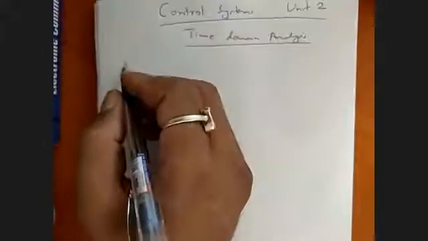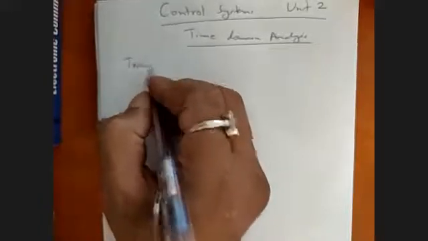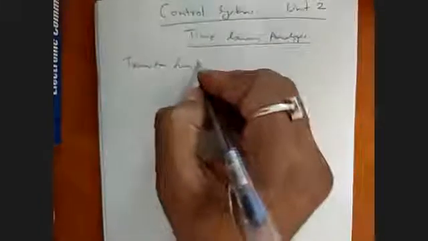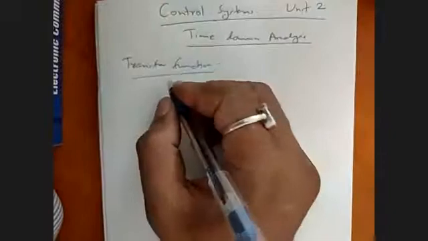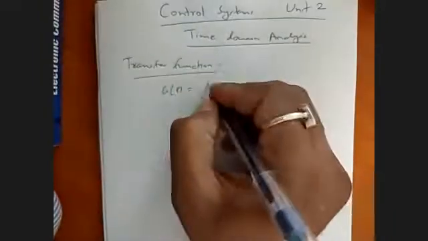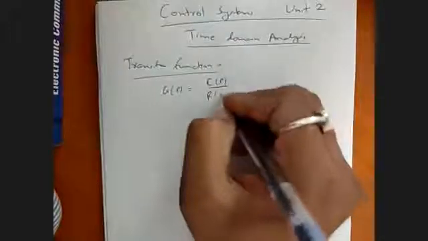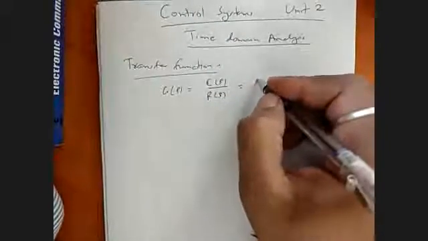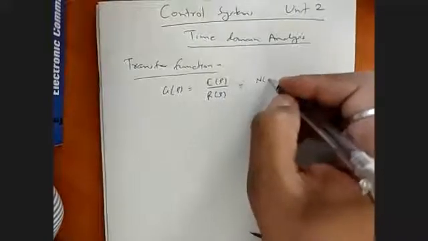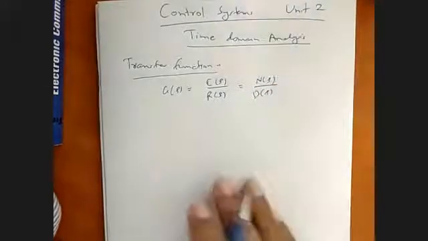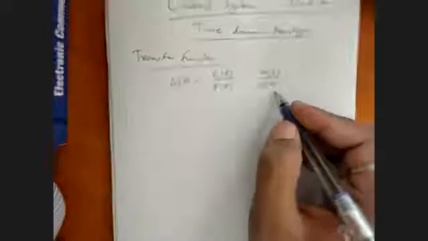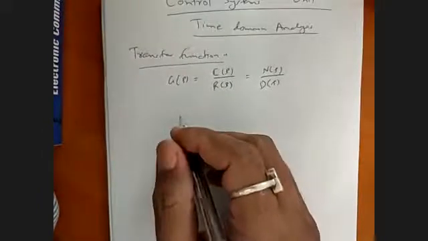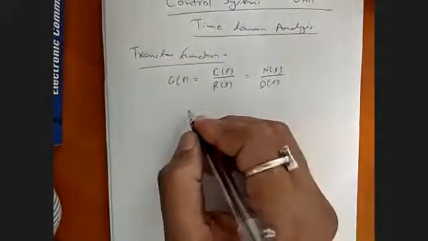So as we are aware, we have a transfer function. Transfer function is represented as G(s) equal to C(s) upon R(s), or it will be N(s) upon D(s). Numerator and denominator polynomials. And N(s) and D(s) both will be a polynomial of s. So in detail, it can be written as